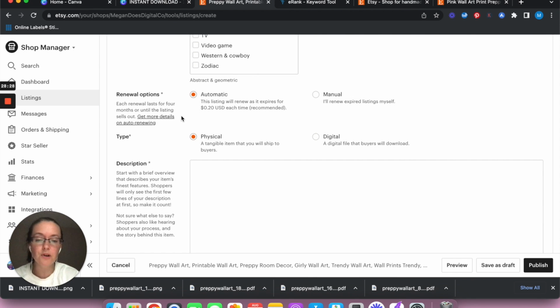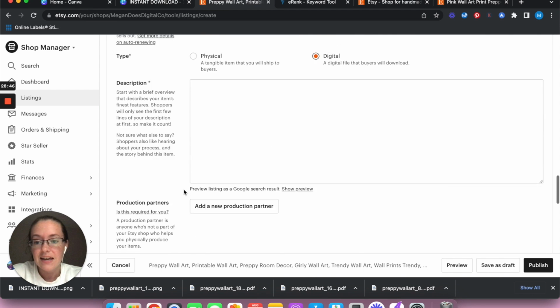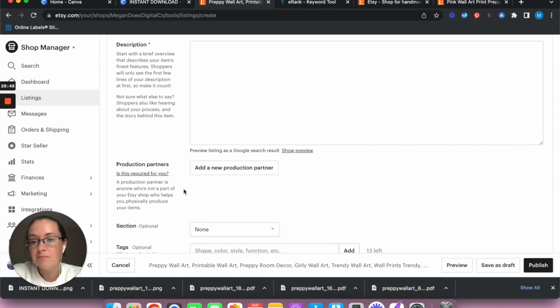So for the renewal options, I always have mine automatic because once you have a lot of listings, you don't want to have to think about manually going in there and renewing them. So I just keep it to automatic. And then for this one, since it is a printable listing, we're going to change it to digital. And for the description,